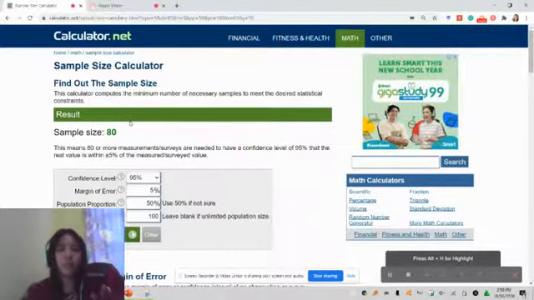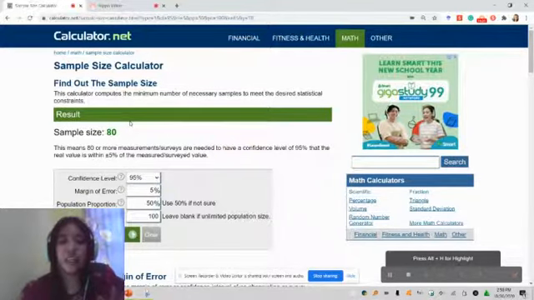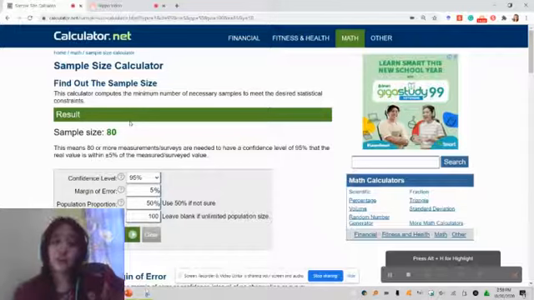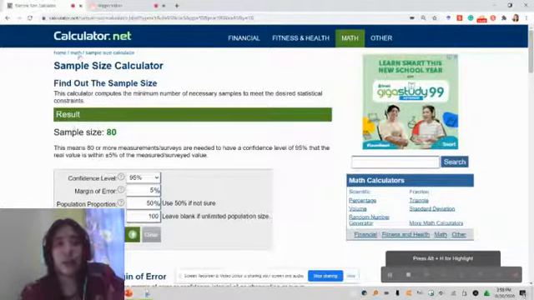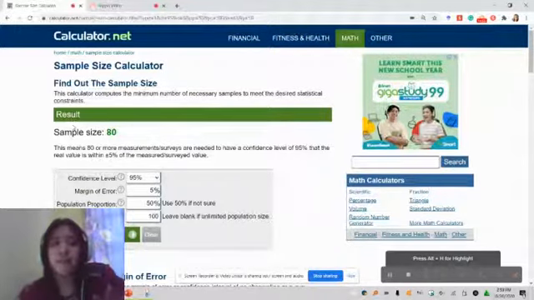As you observe here, if you set it to an unlimited population size, which means you are not aware of it, it will give you a very large sample size. But if you have the actual number, then you can just set the population size here. That is how to use this sample size calculator. What you need to do is just report the value of the sample size and consider